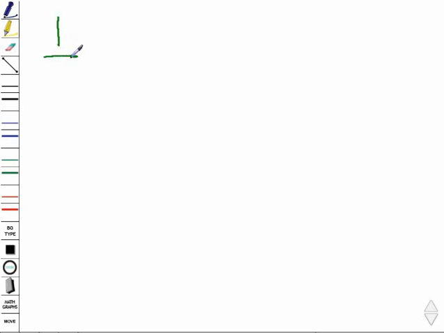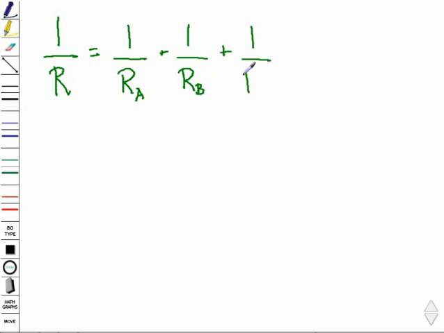For parallel circuits, to find equivalent resistance, you have to use the formula 1 over the equivalent resistance is equal to 1 over the resistance of resistor A plus 1 over the resistance of resistor B plus 1 over the resistance of resistor C. We're looking for the equivalent resistance, and we have known values for each of these. So we're going to have 1 over the equivalent resistance is equal to 1 over 60